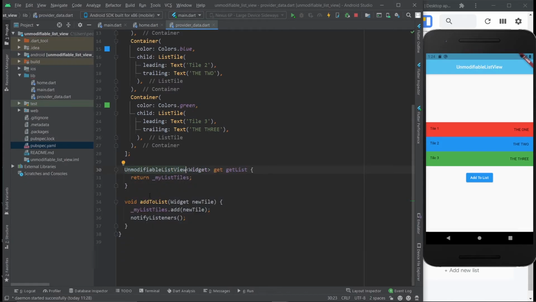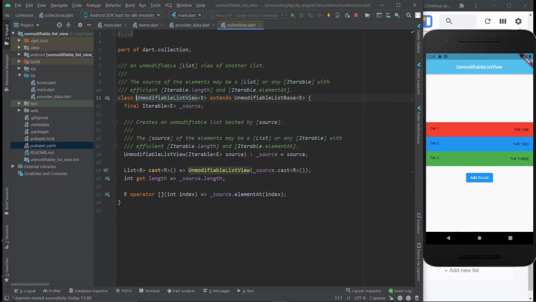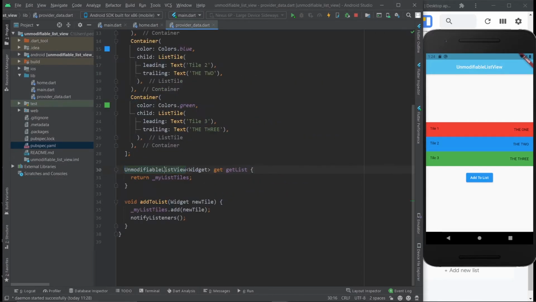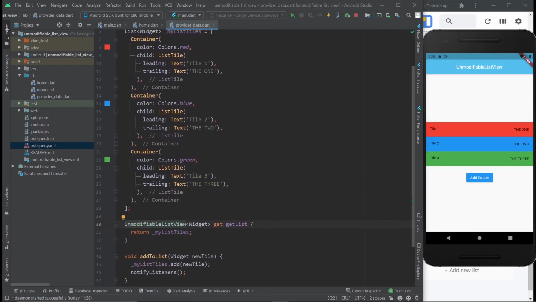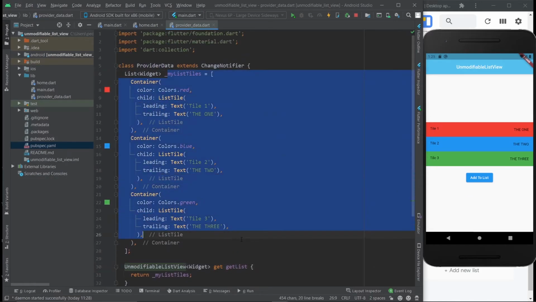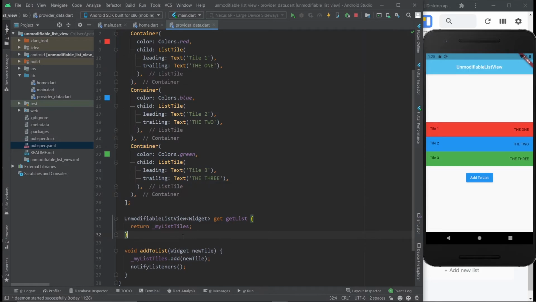right here. And the name can be a little bit confusing. Maybe you think it has something to do with the list view widget, but it's really not. Just like it says right here, it is a view of another list. That's it. It's a view of another list. It's essentially like you're grabbing a mirror and you're pointing it to this list, and that reflection is what you're going to place here. Or like you're seeing the list from the window. You can see it, but you can't touch it. Something like that. But anyway, then you also do this right here, and you wrap this with parentheses. And now this is officially an unmodifiable list view.